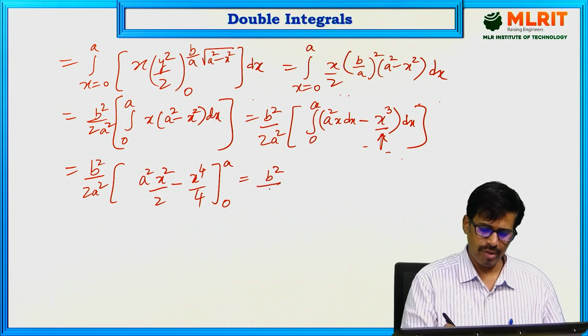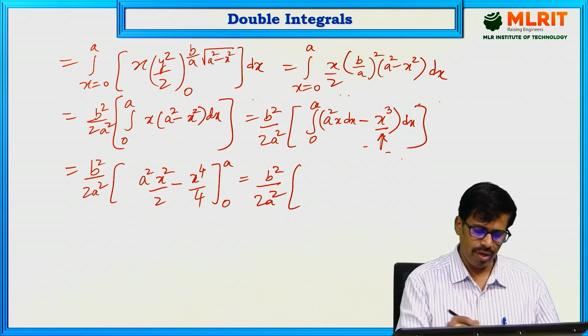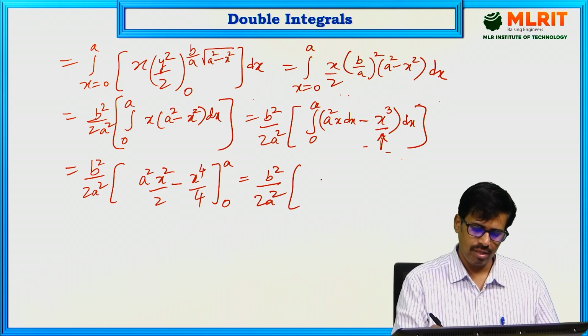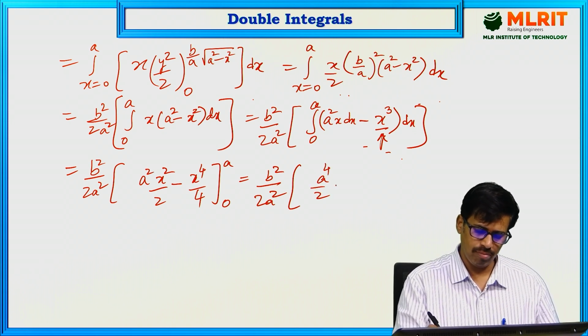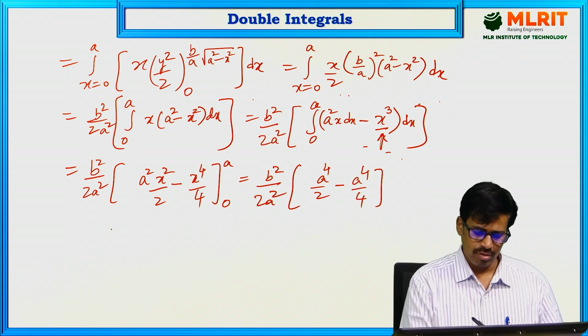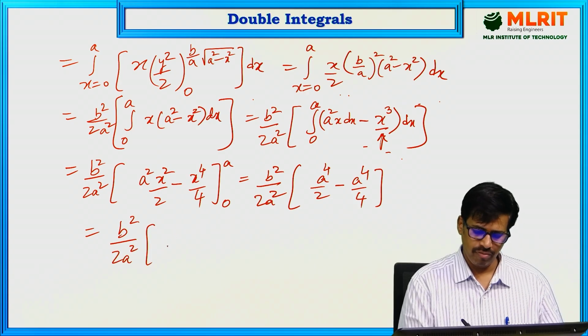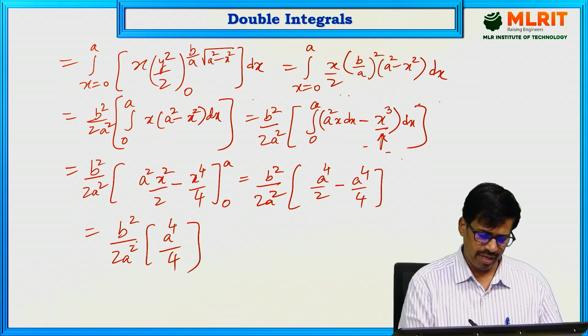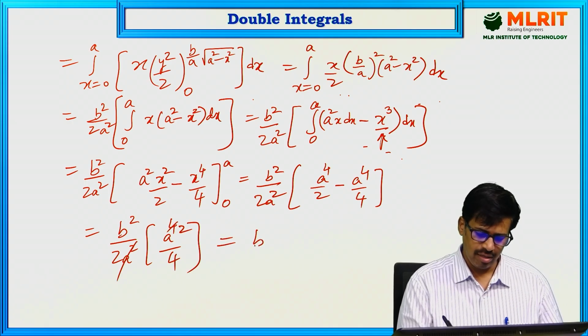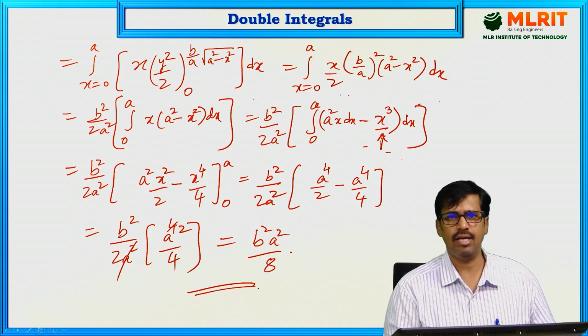So b square by 2 a square into, in place of x substitute the upper limit a. So a square into a square is a power 4 by 2 minus a power 4 by 4. So this is equal to b square by 2 a square into, if you take out the LCM, a power 4 by 4. The a square and a square cancel, b square a square divided by 8. So this is the answer,